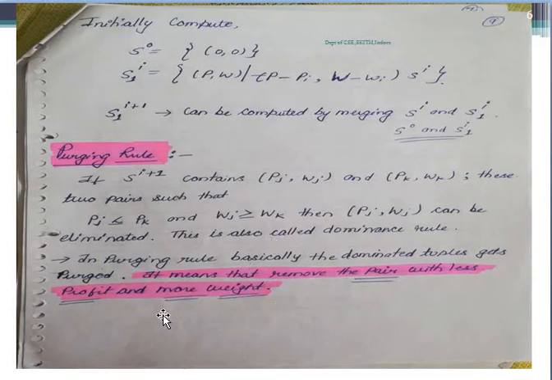So if all the objects can be placed in the knapsack bag for selling, those objects will give the maximum profit. If we get such a pair that has less profit but more weight, such a profit weight pair should be eliminated from the set. So in short, that is when we are applying the dominance rule or the purging rule.